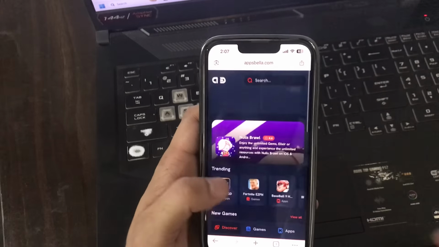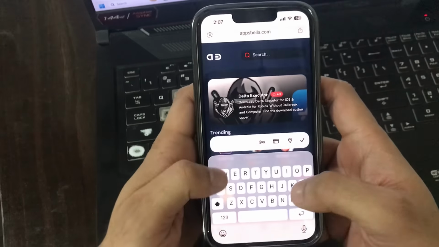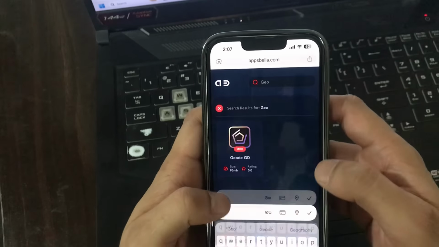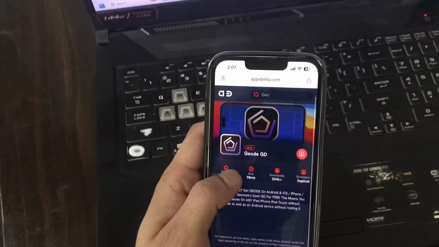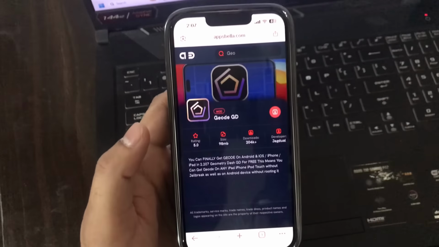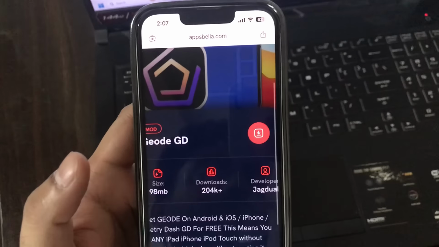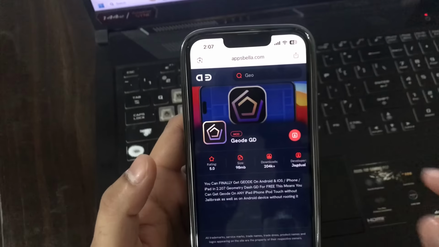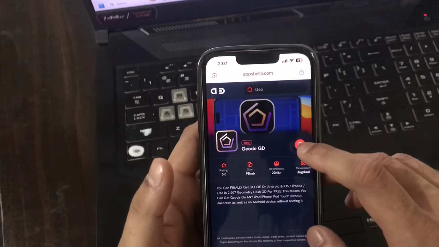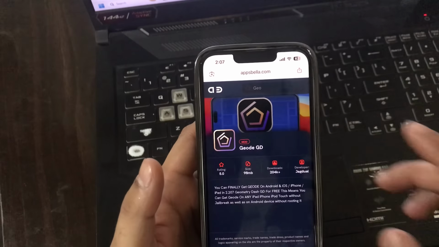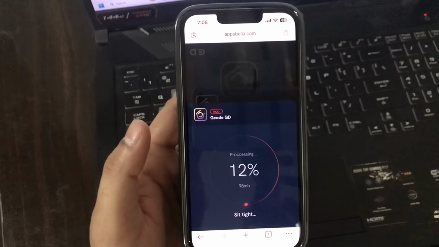Okay, let me search up for the Geode. Discover and Geode. That's enough. Okay, tap here to open the Geode installer, and here you see you just need to tap here in order to start the injection process for your iOS or Android device. It will detect the device operating system automatically. Tap here to get started,